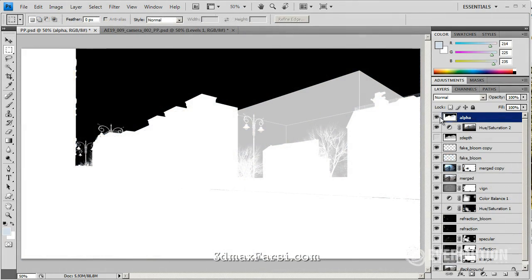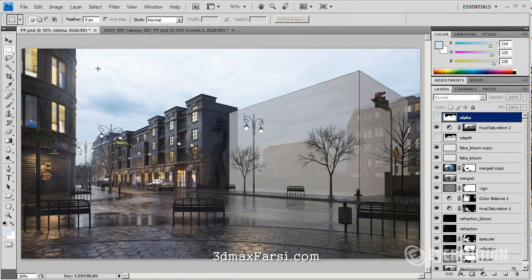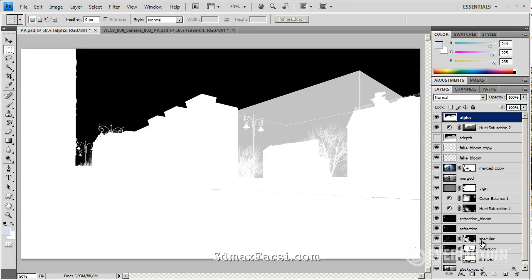And now we're going to use the alpha channel to change the saturation of our sky. As you can see, we have this bluish kind of sky. I don't like it. I want it to be more white, desaturated, and to do that we're going to copy the alpha channel,